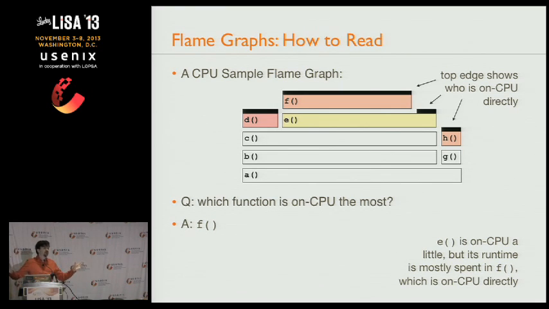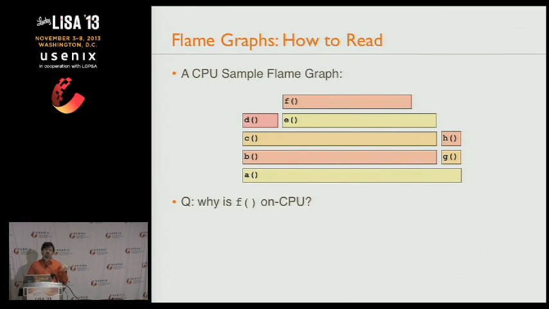Now, that may not be very interesting. You may look at the top edge, and the top edge is a copy function, where it's just moving memory around. Or it's a spin lock. It's like, OK, it's a spin lock. That's all right, that's not actually helpful. It's helpful a little bit, but I need to know who called the spin lock. And that's when you go down the stack and find the origin. So the top edge is who's on CPU or who's doing that profiling event directly. May be interesting, may not be interesting, it depends.